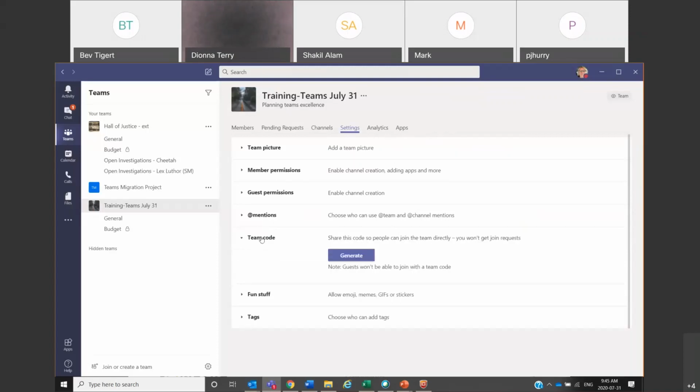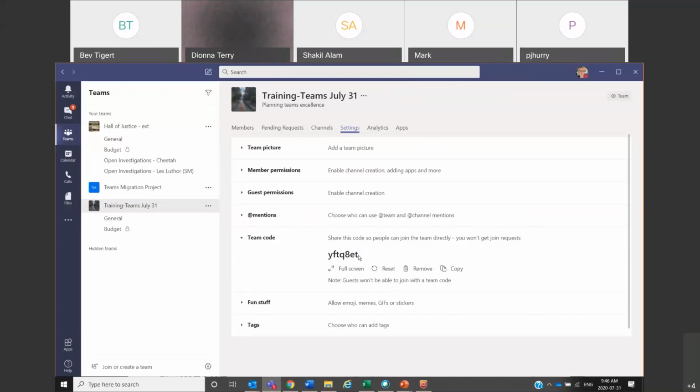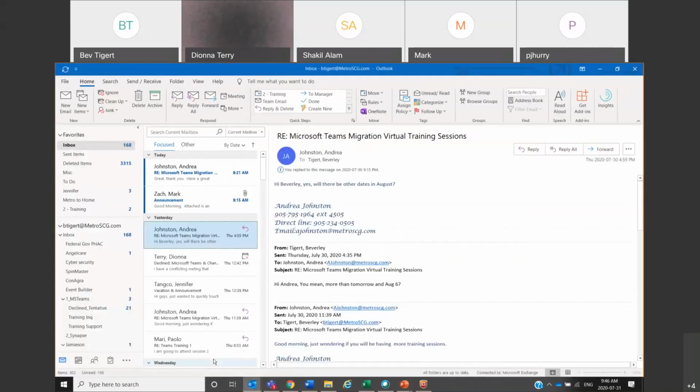Team code. So let's say you are inviting about 40 people, internal, external, and you may know that in Outlook you have a lot of your external partners' information already set up. All of that contact information did not sync into Teams. So sometimes it's a lot easier to go into Outlook, create an email, and put all of your team members, internal, external, and then what you would do here is you would click on generate a code and copy it. And then you would go into your email and send an email.